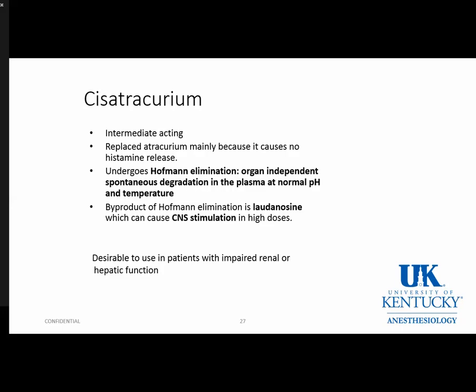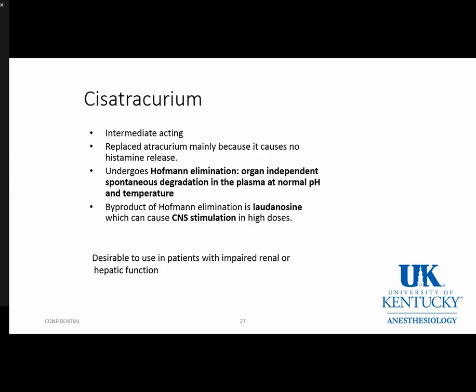Cisatracurium is the benzyl isoquinoline, which is the cis isomer of atracurium. Atracurium and cisatracurium both undergo two types of metabolism: hydrolysis by non-specific esterases, and then Hoffman elimination, which is an organ-independent degradation that occurs spontaneously in the plasma, but is dependent on normal pH and temperature. It's important to remember then that if a patient is extremely hypothermic, the length of time of cisatracurium can be